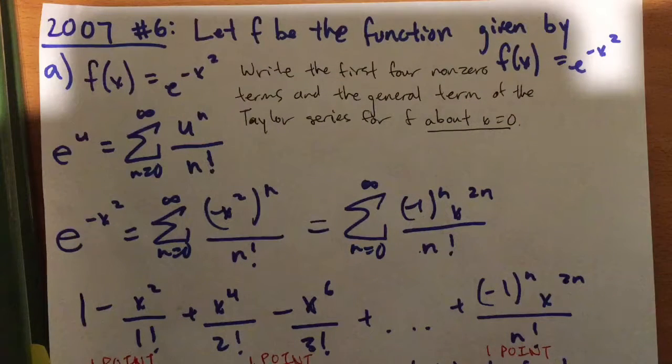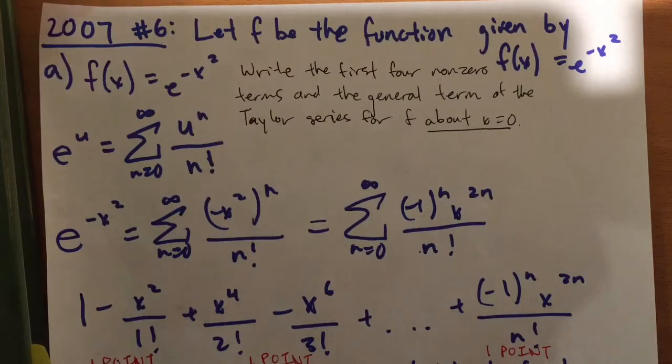Hello everybody. Today I will be going over 2007 number 6, a non-calculator problem. Let f be the function given by f of x equals e to the negative x squared. Part A asks, write the first four non-zero terms and the general term of the Taylor series for f about